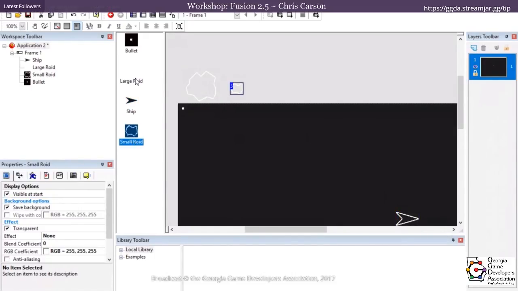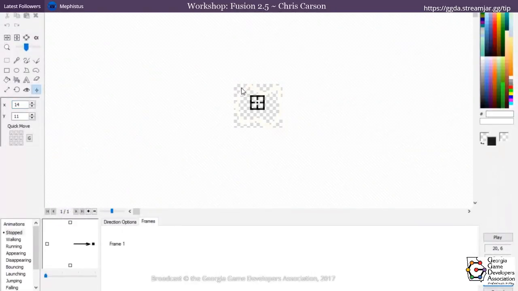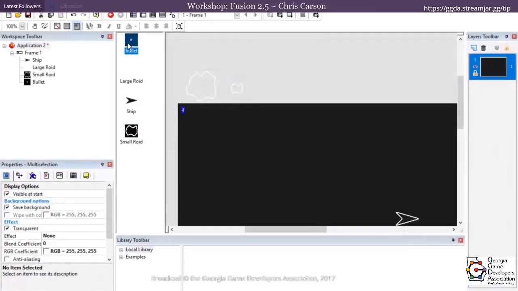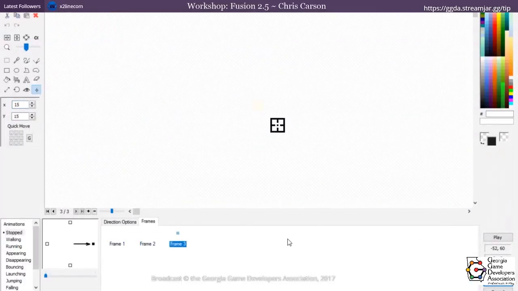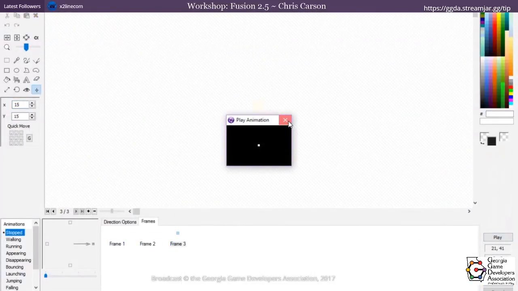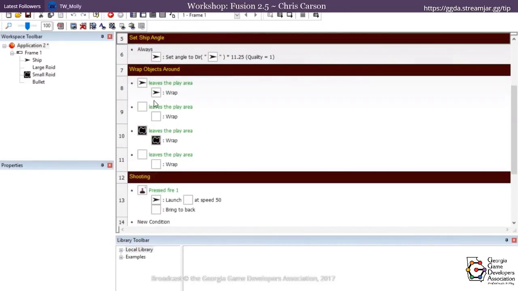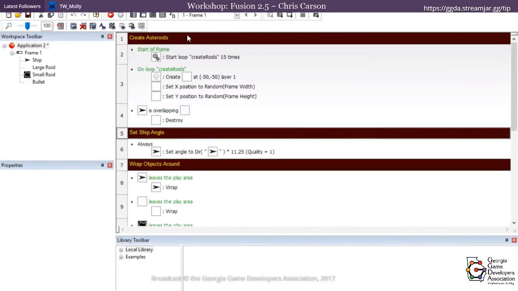I then drew them in the picture editor right here. Some of them have animation, like the bullet. We created a sequence of animations that give us this bullet effect. And then we went ahead and started to code. The first thing we coded, and I'll show you through our event list editor, is we created the asteroids by saying at the start of the frame, in other words, when this application boots up,